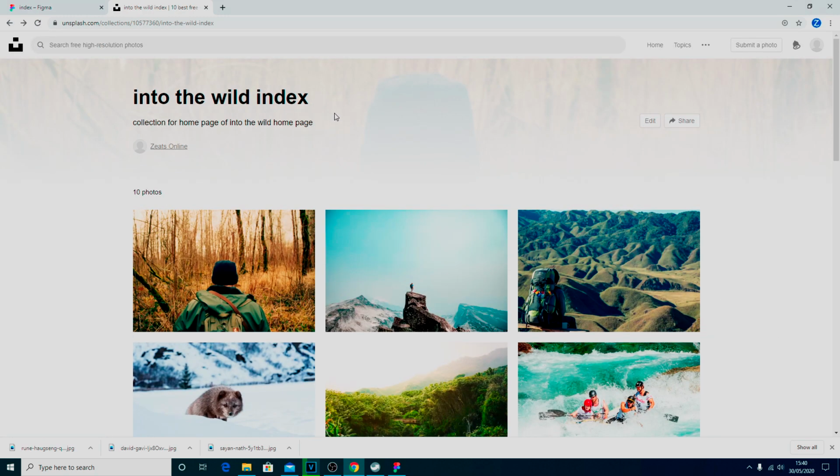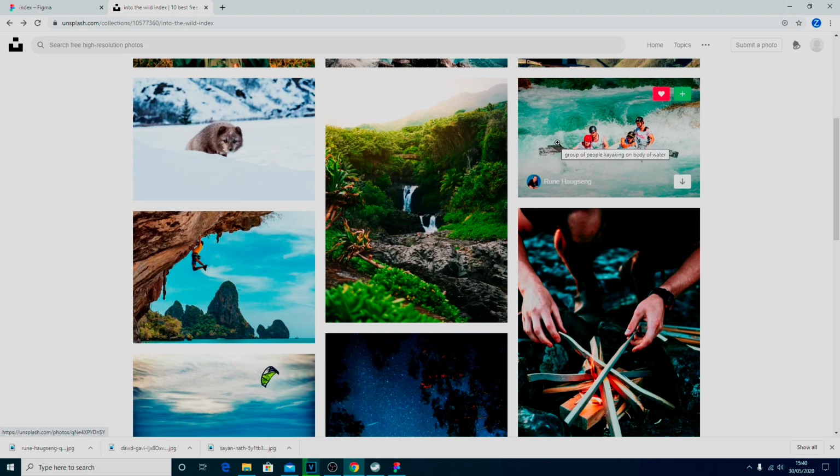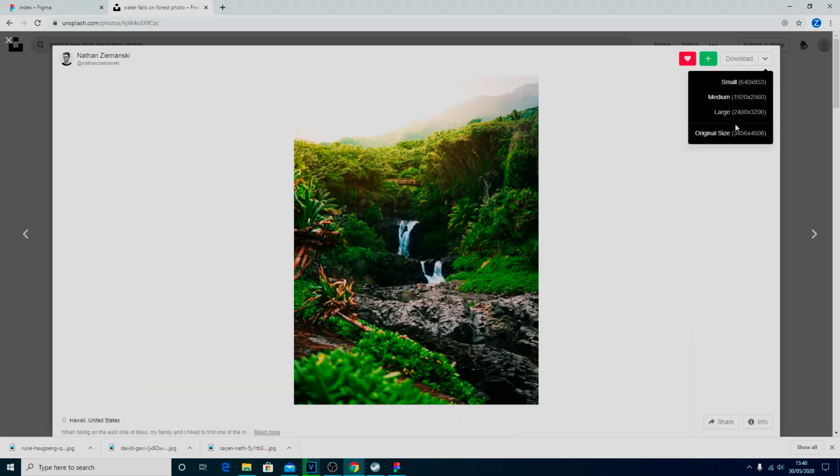And if you go into, again, I should put the link of this into the descriptions below for you, so you can get hold of them all. Okay, so it's all in a collection in Unsplash. And so the first one we're going to use is this waterfall in the rainforest. So click on that and download large